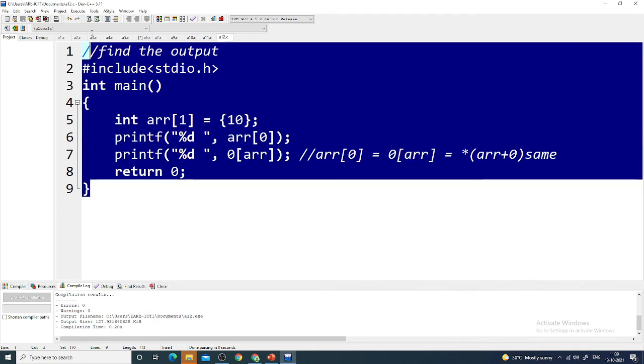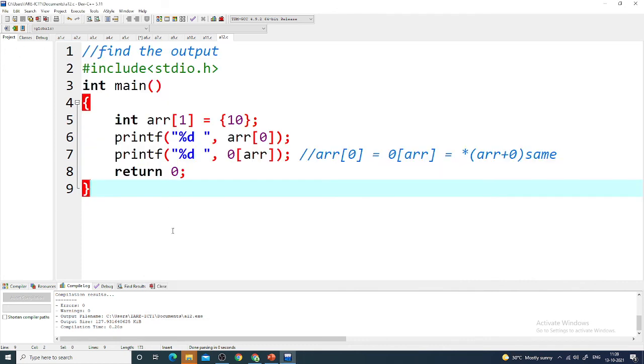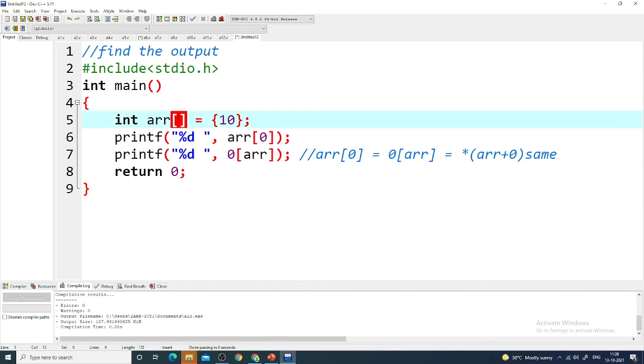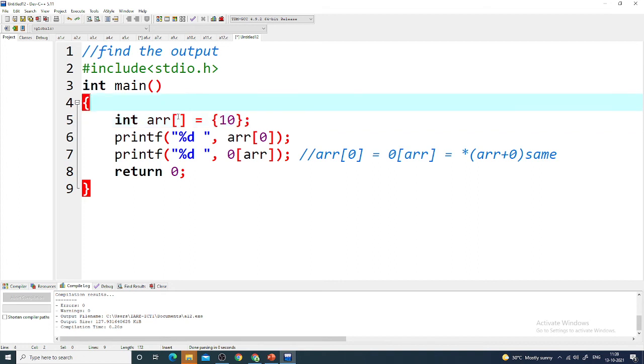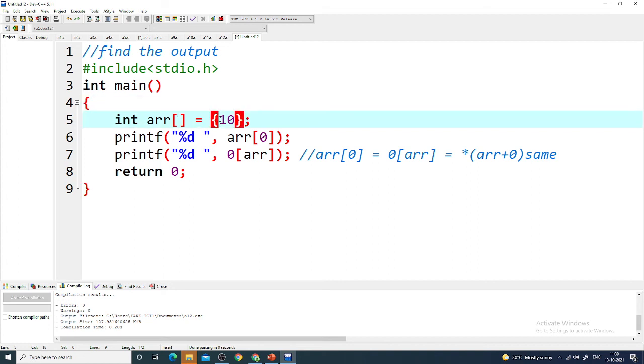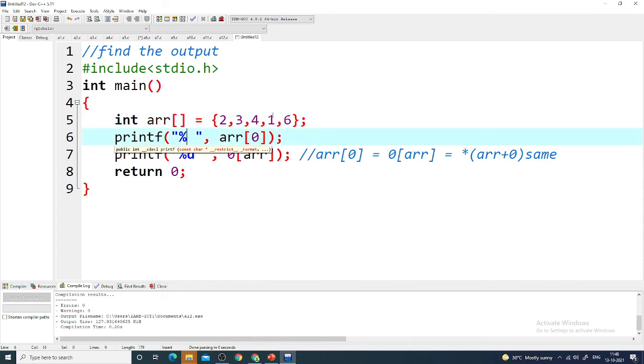Similarly, let us modify this code and check the output of some other code. So, int arr[] - suppose there is an array which contains a number of elements. Let us store some elements into the array: 2, 3, 4, 1, 6. Okay. Now, let us print